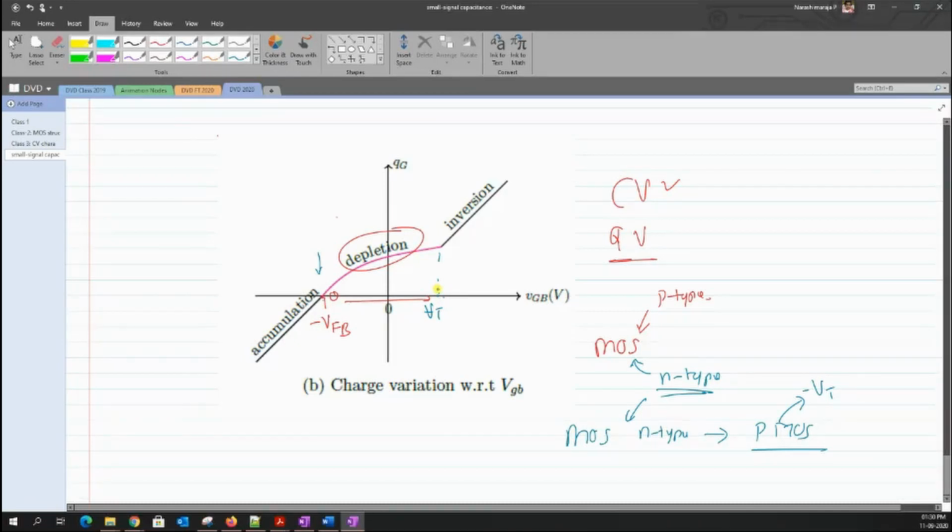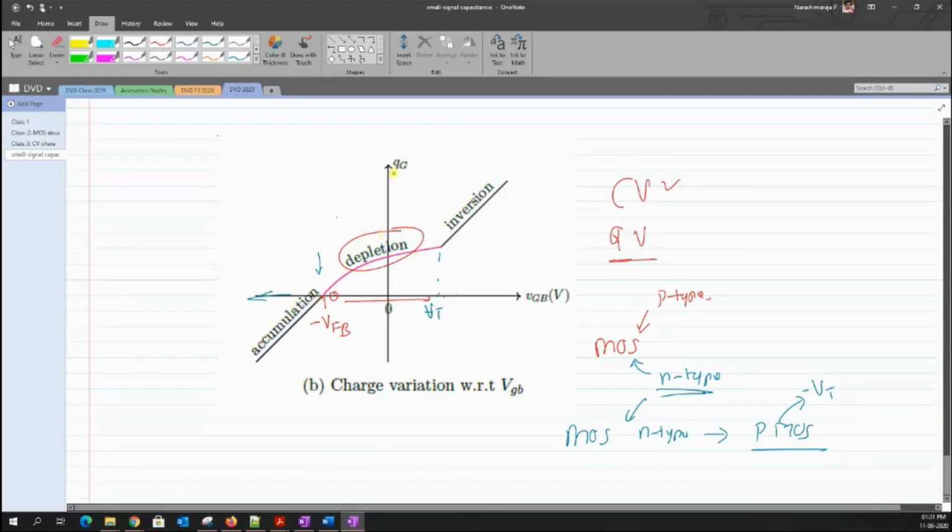There is some sort of flip that will happen. So this point will move here and this point will move here, okay? And then you connect them in the same similar fashion, okay? So again, you see that when I go towards the negative side, what I'm trying to do is that in the accumulation, I'm trying to deposit more electrons onto the metal, okay?